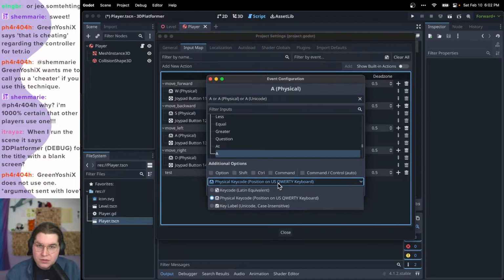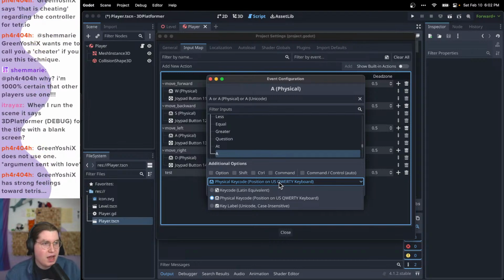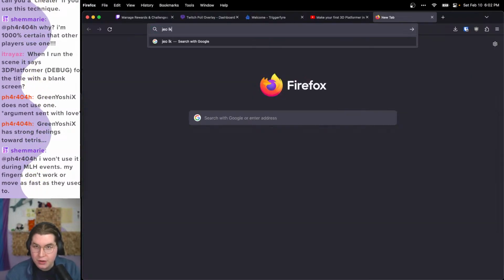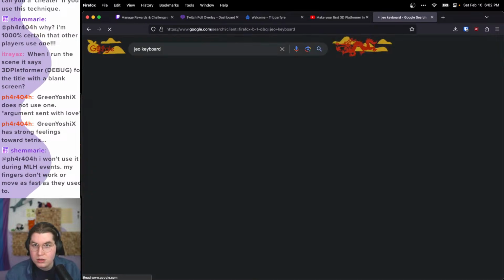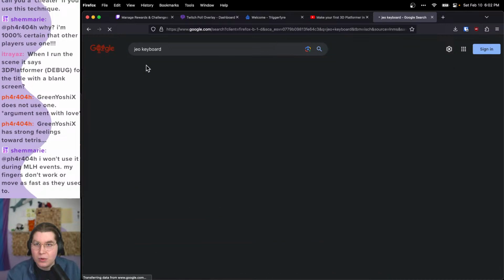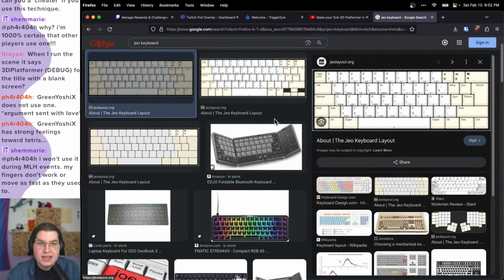I believe that depending on your keyboard, if you have a non-US QWERTY layout keyboard, that is what that is specifying. Let me double check this. JEO keyboard. Yes, JEO is a specific keyboard layout, which looks like this,